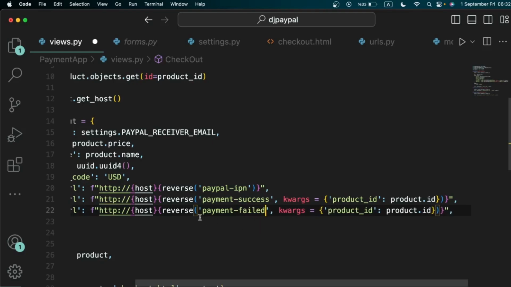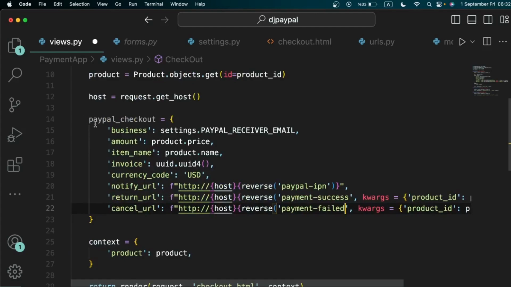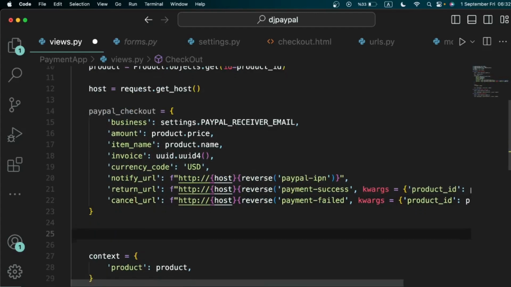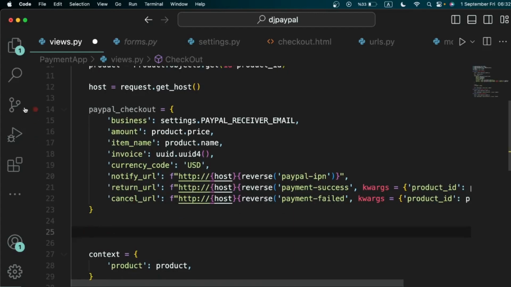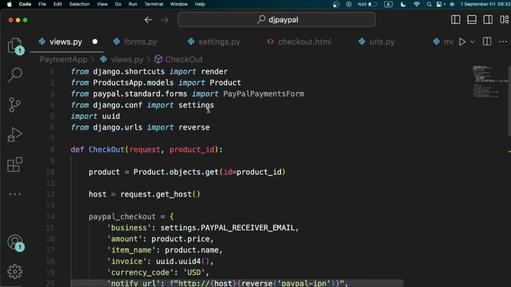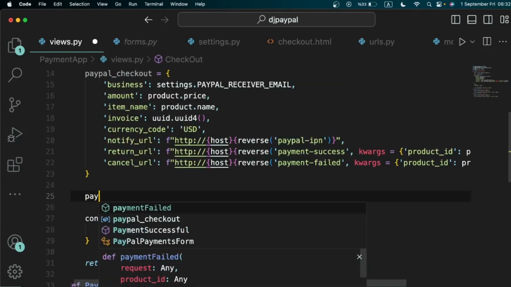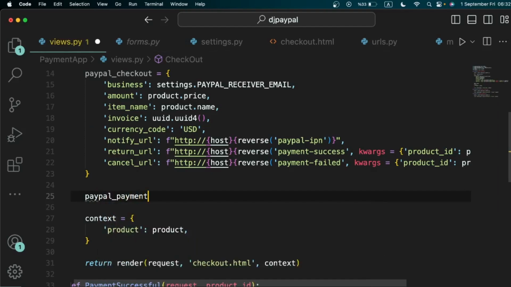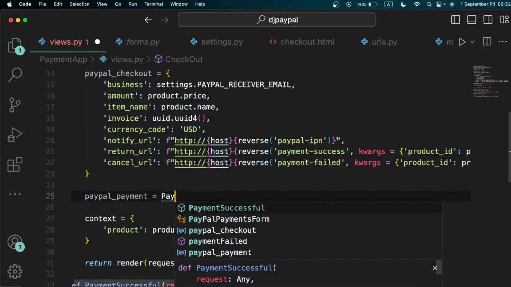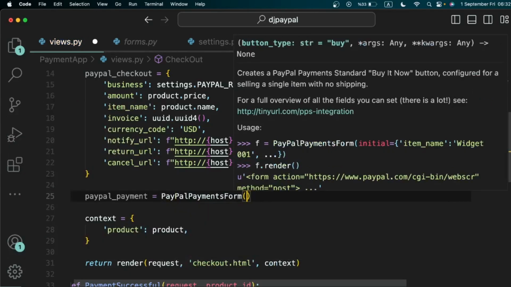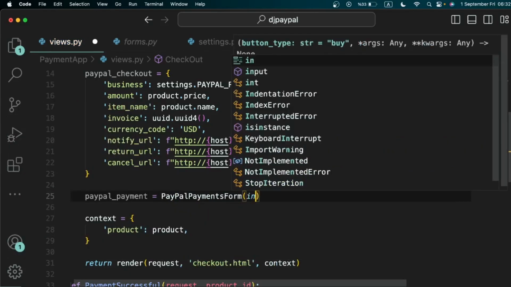So those are all the items that we need to specify inside this dictionary. The next step we now need to take is we need to take all these items and pass it into this PayPal payment. So I'm just going to create a new variable and call it PayPal payment, and I will equate that to PayPal payment form. And in here we need to pass in initial